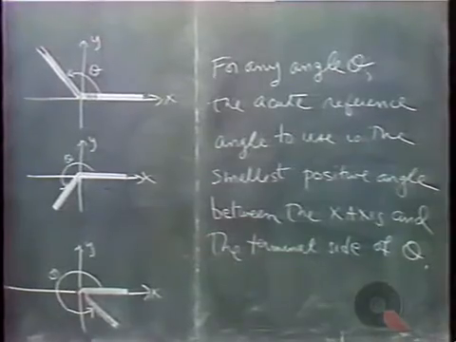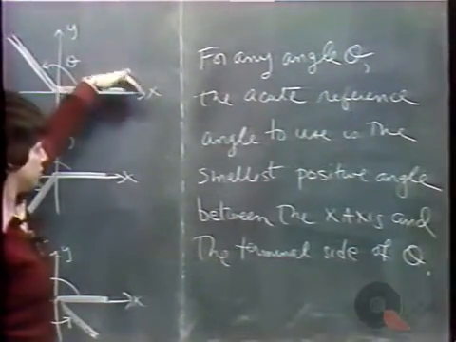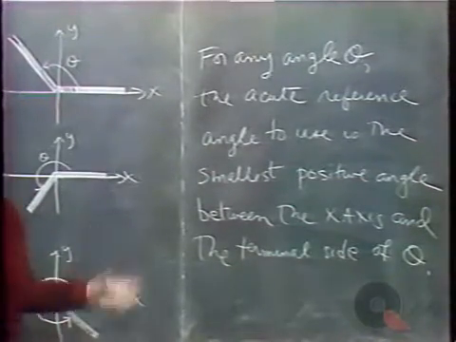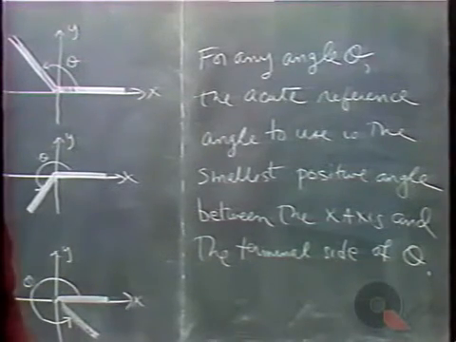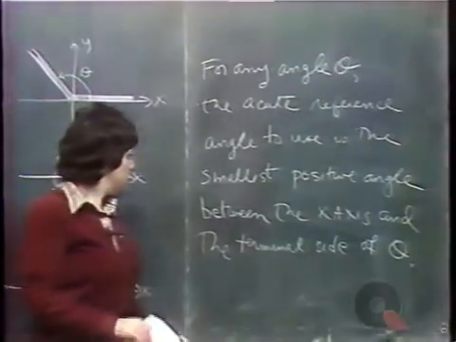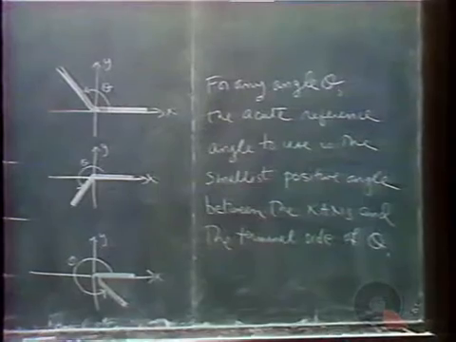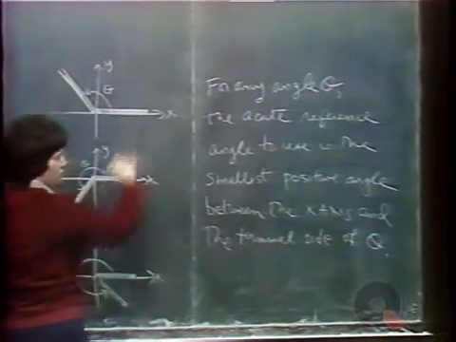Okay, if the angle theta is in the first quadrant, then clearly it is closest to the positive x-axis rather than the negative x-axis, and theta itself is the acute reference angle to use. In all other cases, we somehow have to adjust to get an acute angle. And in each case, we're sort of measuring the distance off the horizontal, the amount of degrees we are off the horizontal,